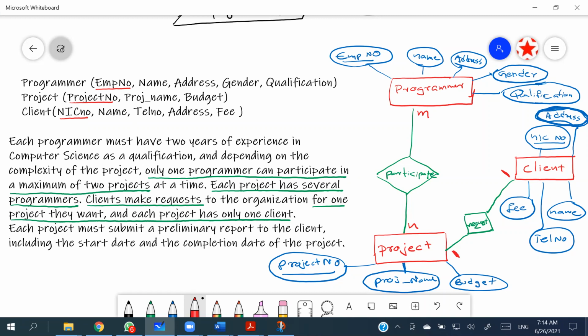right? Each project must submit a preliminary report to the client including start date and the completion of the project. right? ඒක නිසා ඕක දැන් කියන්නේ මට මාක් කරන්න ආවොත් මම ප්‍රොජෙක්ට් එකට start date end date අරන් තිබ්බත් ලකුණු දෙනවා, relationship එකට start date end date අරන් තිබ්බත් ලකුණු දෙන්න පුළුවන්, මොකද in most of the cases it's not going to change anything. මොකද මේ දෙන්න අතර තියෙන one to one relationship එකක් නේ, so මෙතන ඔයගොල්ලෝ මෙතන start date end date දැම්මොත්